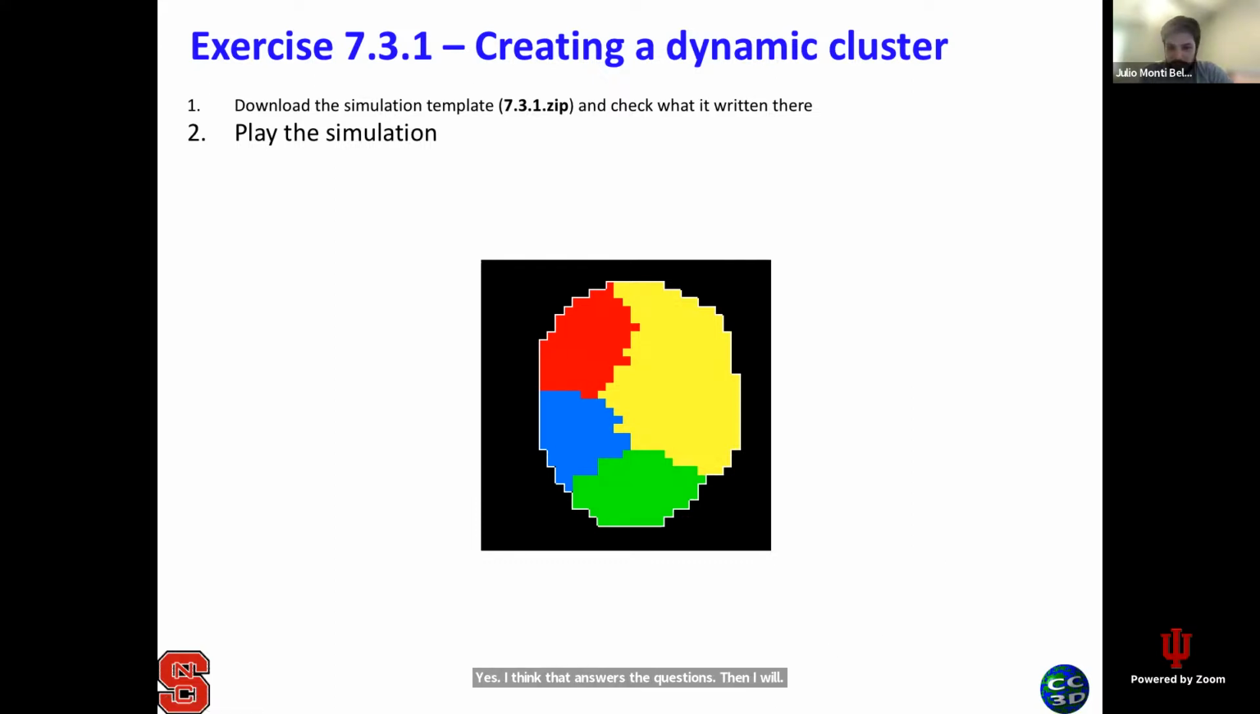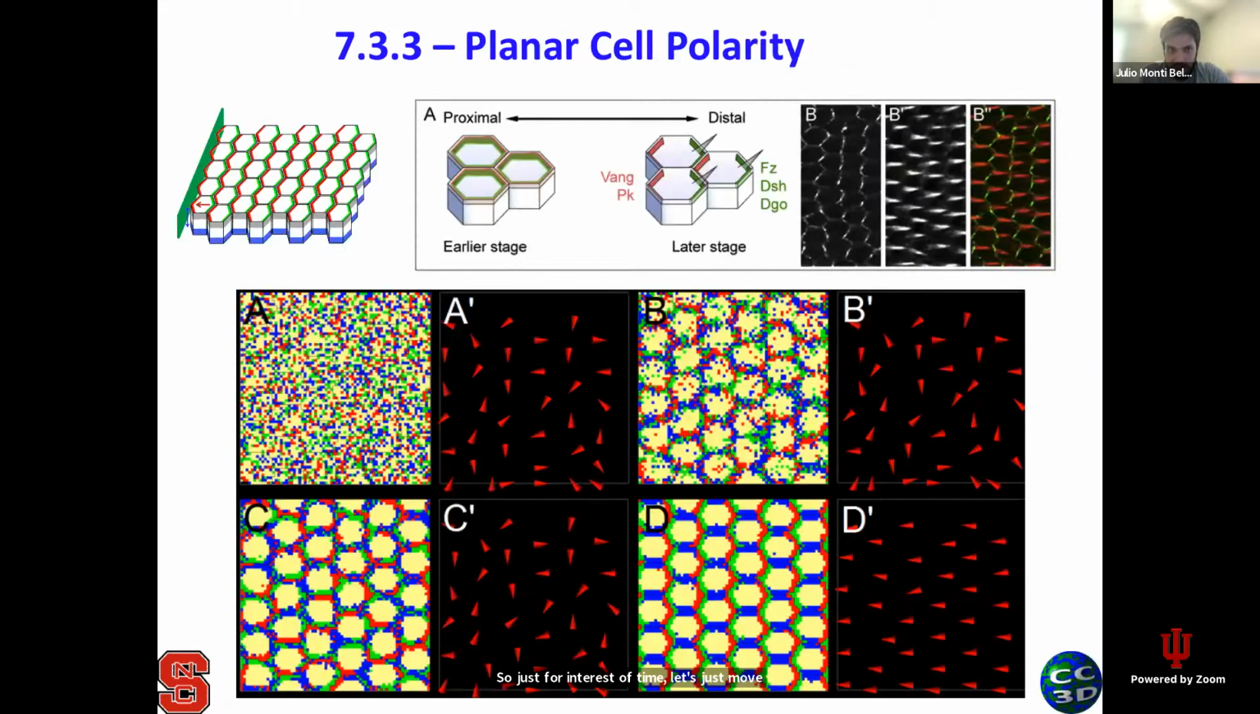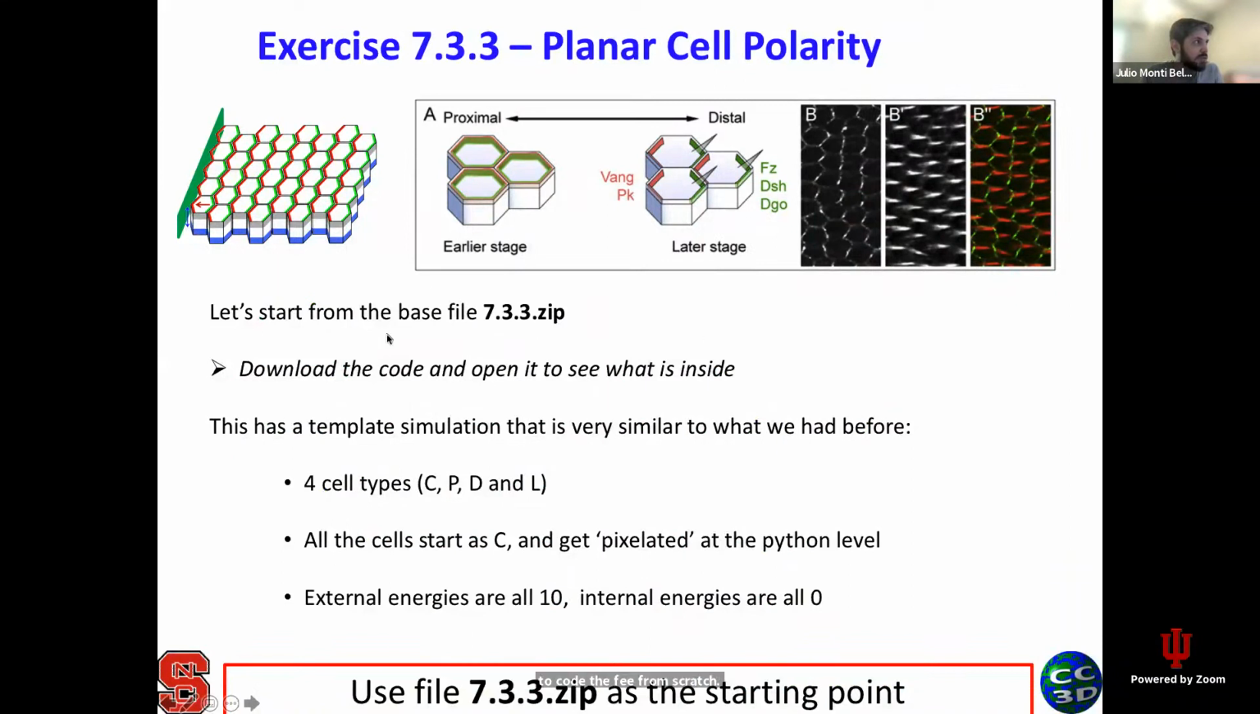So just for interest of time, let's move on and try to make our planar polarity model, shall we? Okay, so now you want to reproduce what the Bishop shows us. Bishop shows a nice model, and you want to do your own version of it. I don't want to code everything from scratch. What I want to do is start from a base file